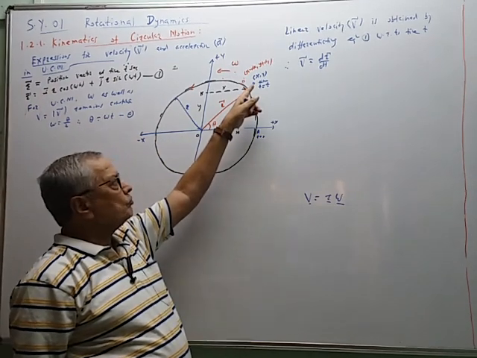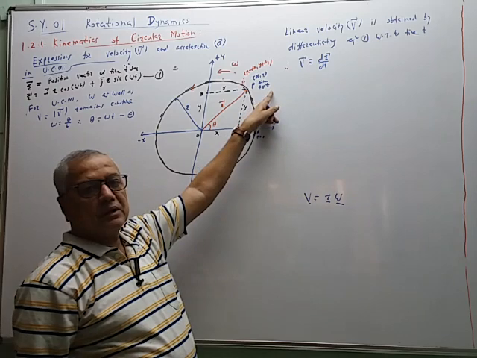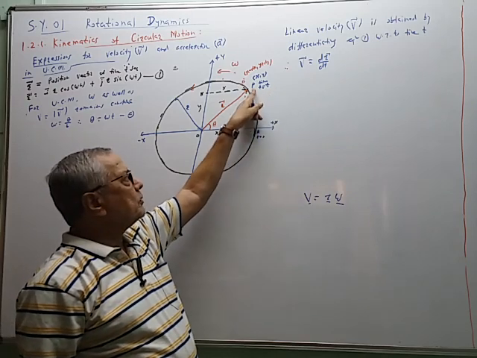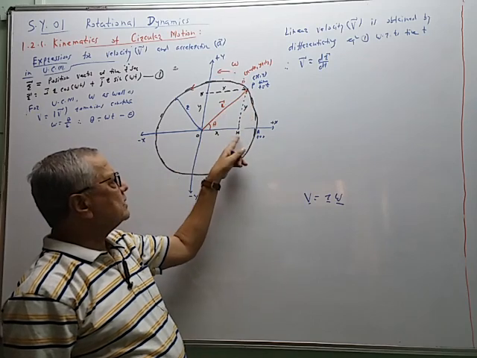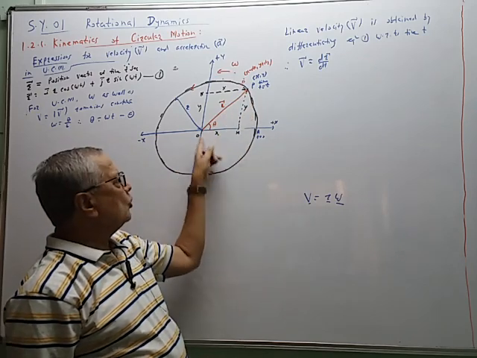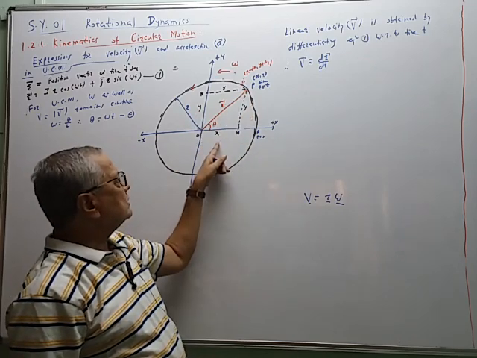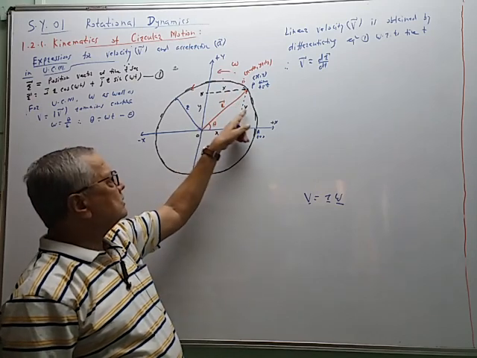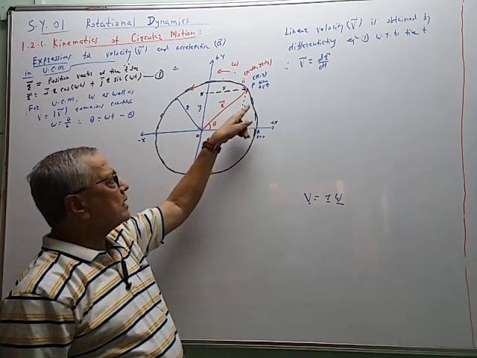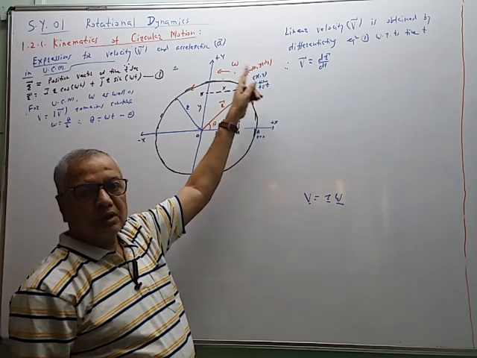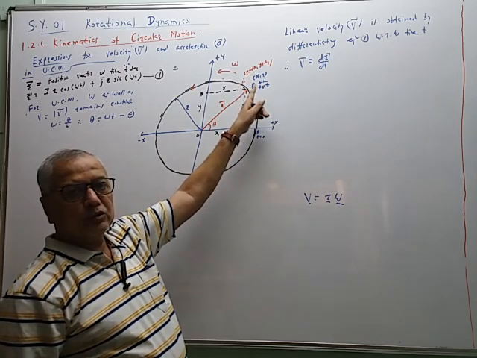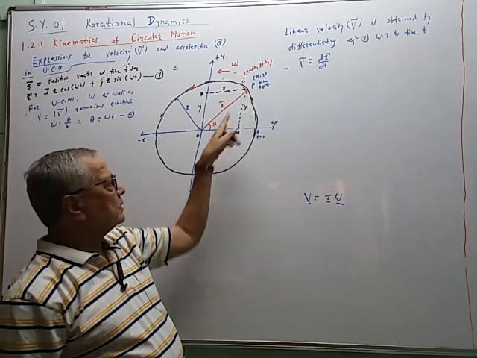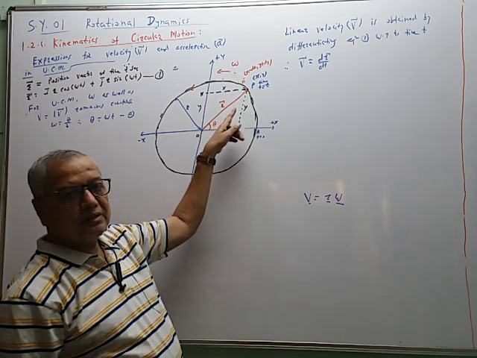Now this P is the position after time t equal to t seconds. So point P has coordinates x, y. If we draw a perpendicular from P on the x-axis, then OM is equal to x, ON is equal to y. This is x, this is also x. This is y, this is also y. So x and y are the Cartesian coordinates of the point P, and r, theta are the polar coordinates. So we know the relation between them: x is equal to r cos theta and y is equal to r sin theta.